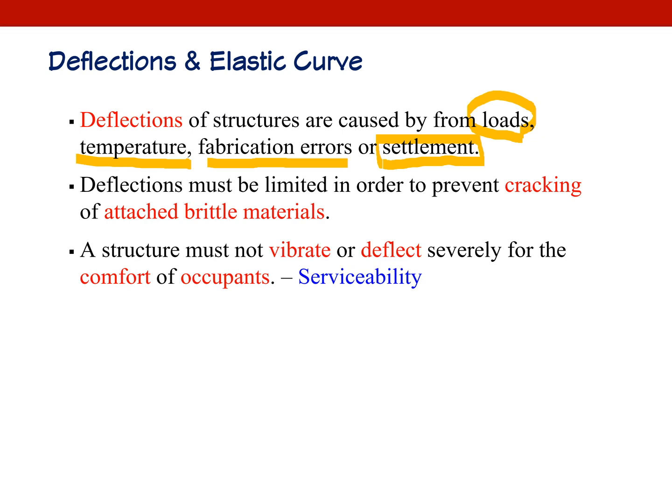And sometimes you may feel a reinforced concrete cantilever structure vibrate, and you do not feel good with the vibration. It will vibrate or deflect too much, so that you do not feel comfortable on that